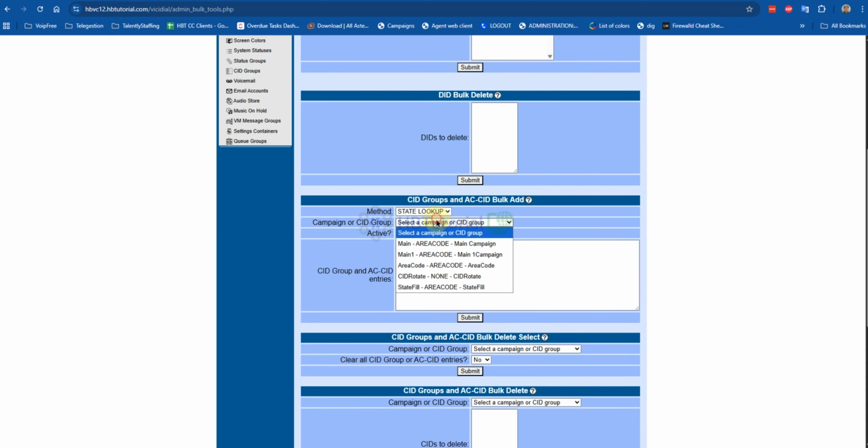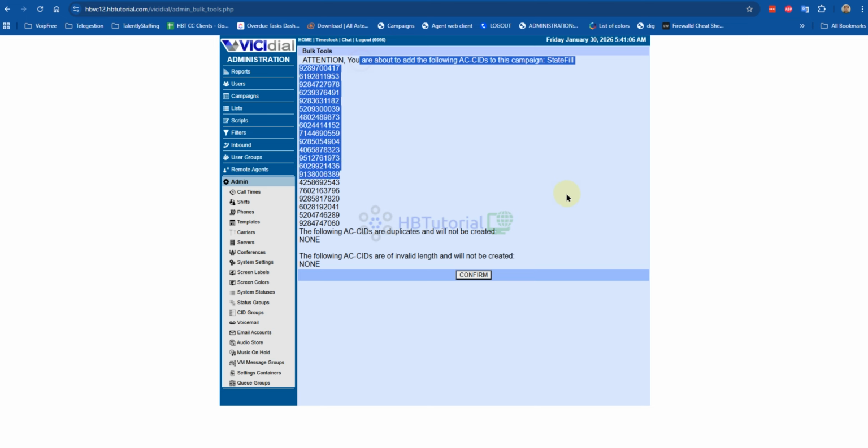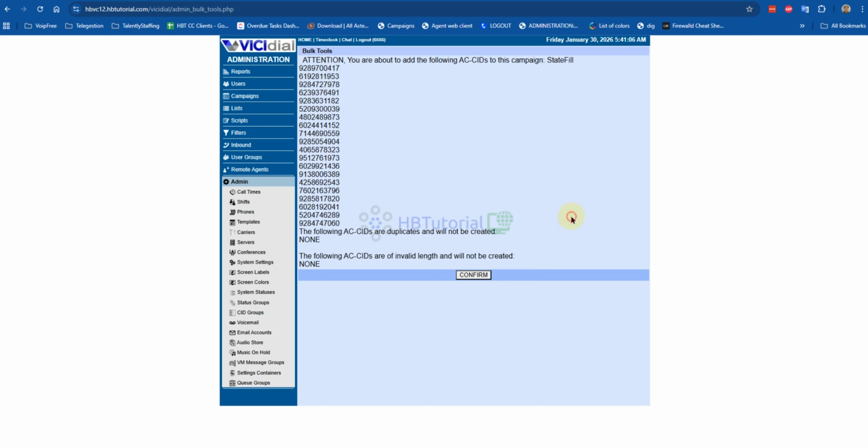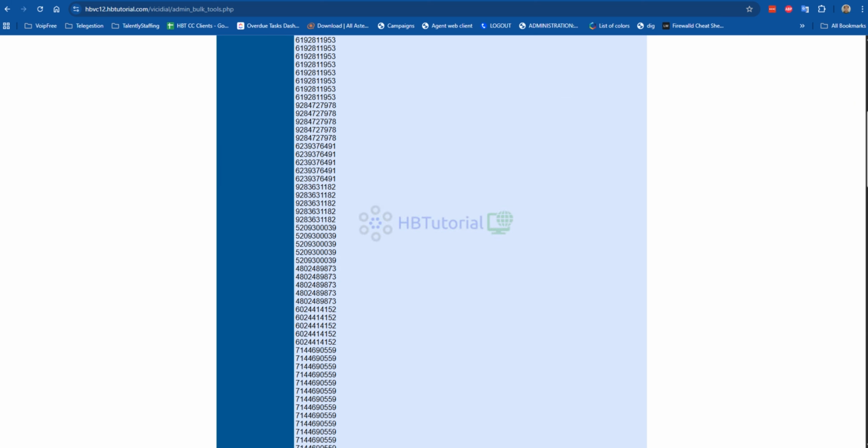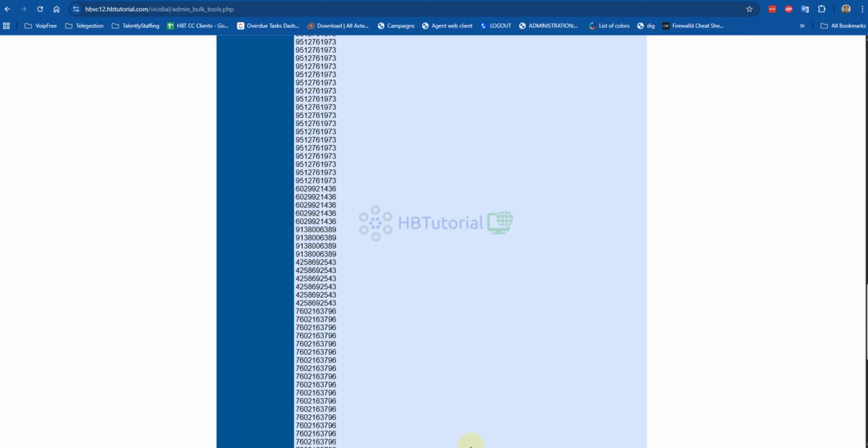Okay, so if you go to the state lookup, go to the state fill, we can see what can happen. It will match only on the area code. It's only good for area code based. Sorry. We have to go to the state field area. Okay. Yeah. So it's the correct one. State field.